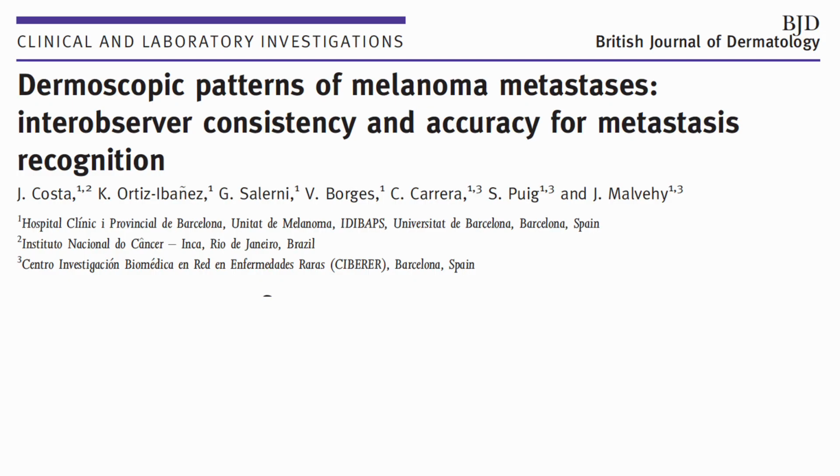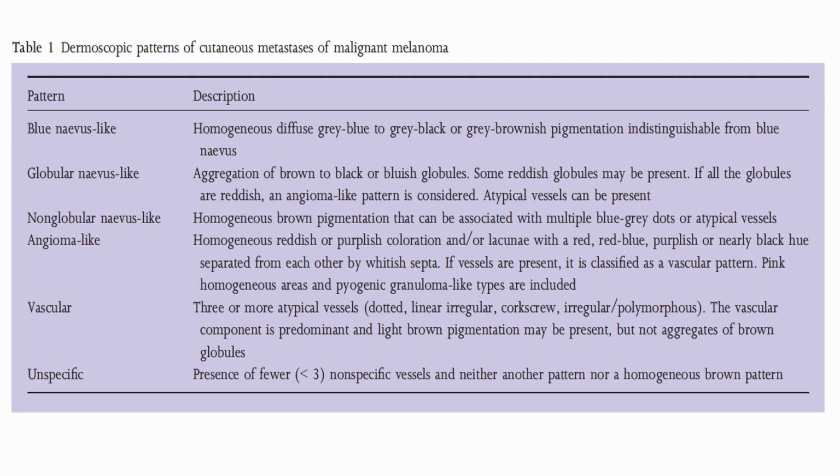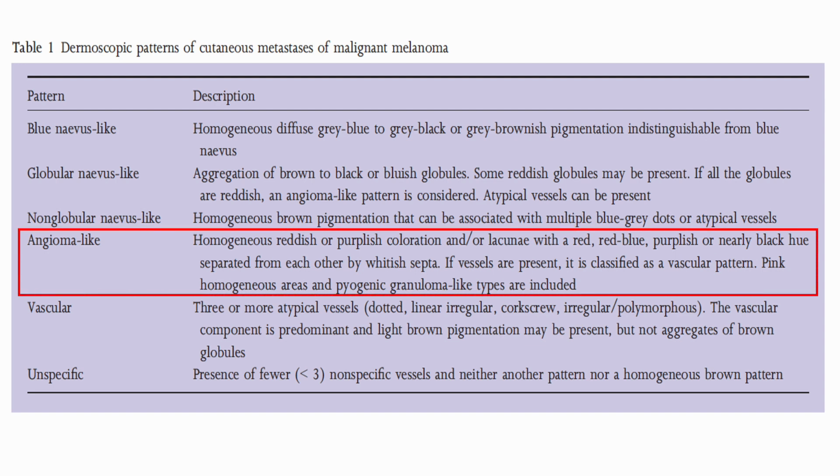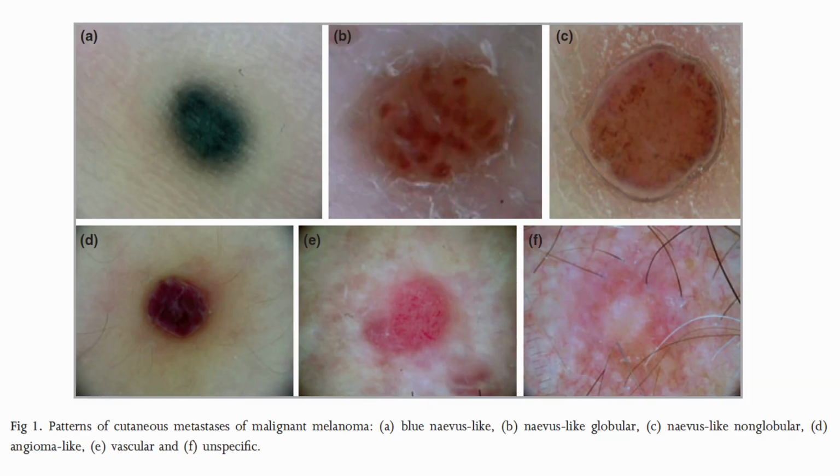But also, melanoma metastases can have these vascular lesions that mimic angiomas. So this is a description of the different dermoscopic features of melanoma metastases. As you can see here, there's one angioma-like melanoma metastasis, and this can mimic angioma, but of course you have the context of a patient with metastatic melanoma. So these are the different variants of melanoma metastases, and here you have the angioma-like melanoma metastases, which has these